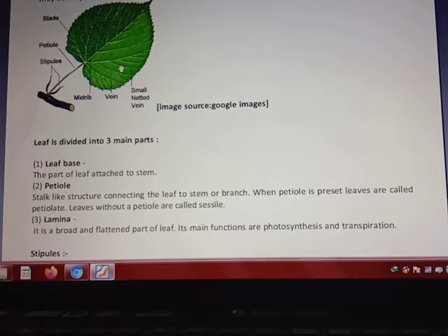And one more point, students: the leaf lamina is also known as epipodium, and the petiole is known as mesopodium. These terms are not mentioned here, but I will explain. In the leaves of some plants, this is the upper surface and its back is the lower surface. The upper surface is known as the adaxial side, and the lower surface is known as the abaxial side.